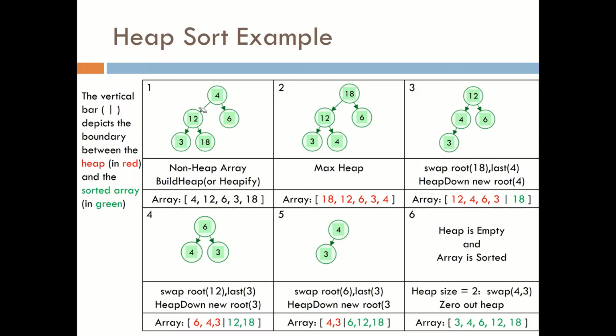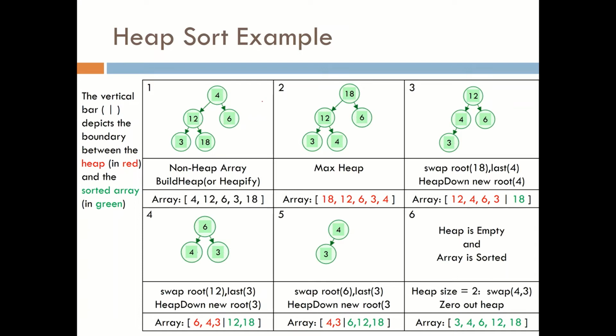Remember, to heapify, we will begin by going to the first node that has children, and then going all the way to the root. In this case, there are 5 nodes, and so this is the halfway point. And so heaping down 12, since this is a max heap and 18 is greater than the 12,